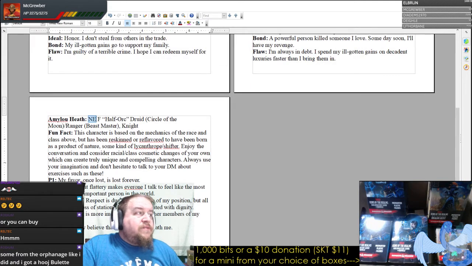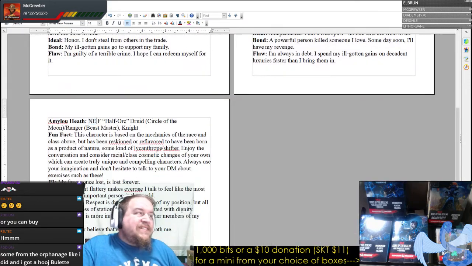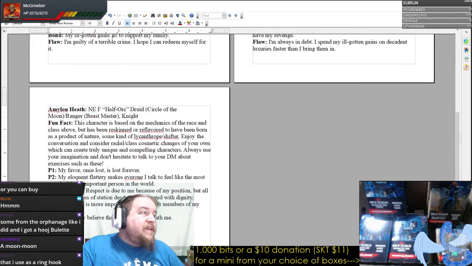And so we take a look, well, no one else is evil, not that evil has to get along with evil. So this in itself may not necessarily be a hook, or at least not off the bat. But let's take a look at